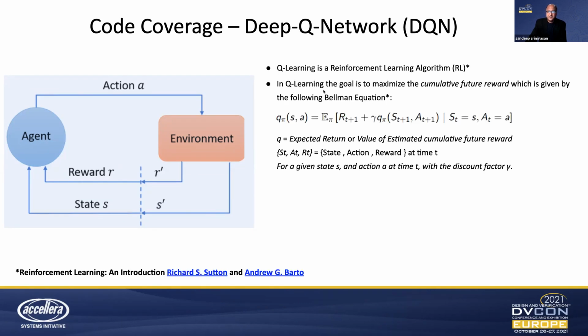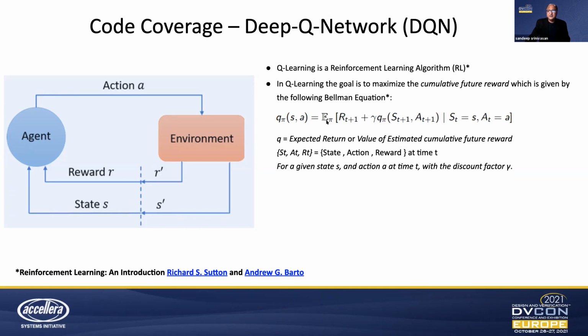And in Q-learning, the goal is to maximize what's called cumulative future reward, which is given by this equation called the Bellman's equation. So in this particular case, Q of pi denotes a particular policy or a set of distributions of reward and state and action that the reinforcement learning agent learns. And the formulation for the Bellman's equation is recursive in nature,